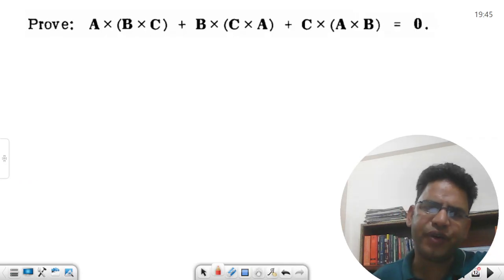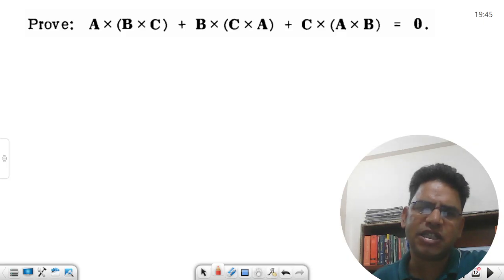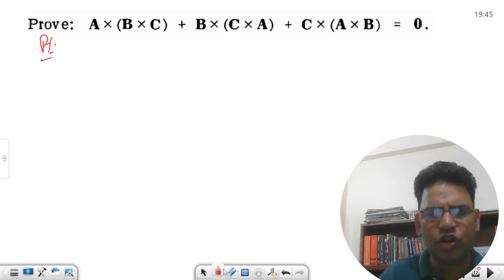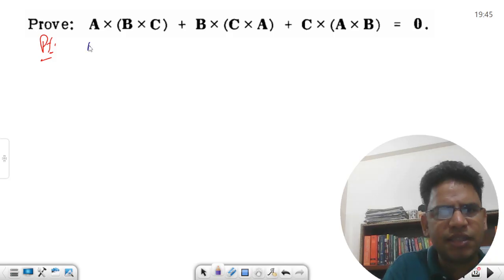Okay, I think you can do it. A cross b cross c plus b cross c cross a plus c cross a cross b equal to 0. Again, it is easy to prove. If you want to prove it, this is going to be, it is same as b dot a dot c minus c